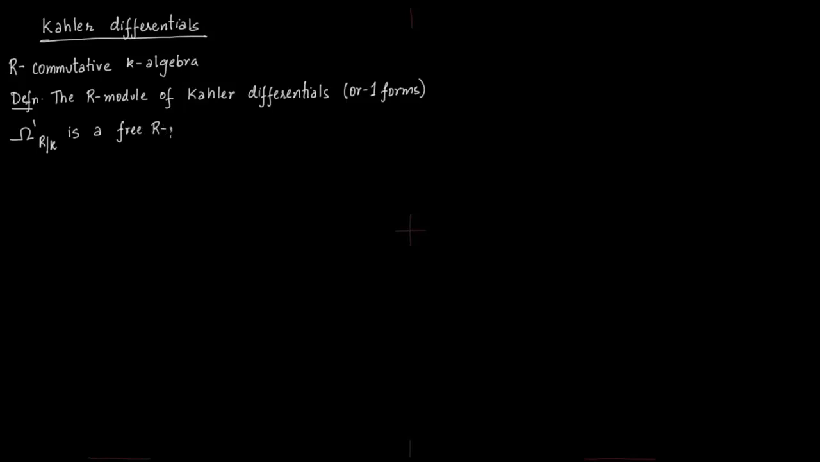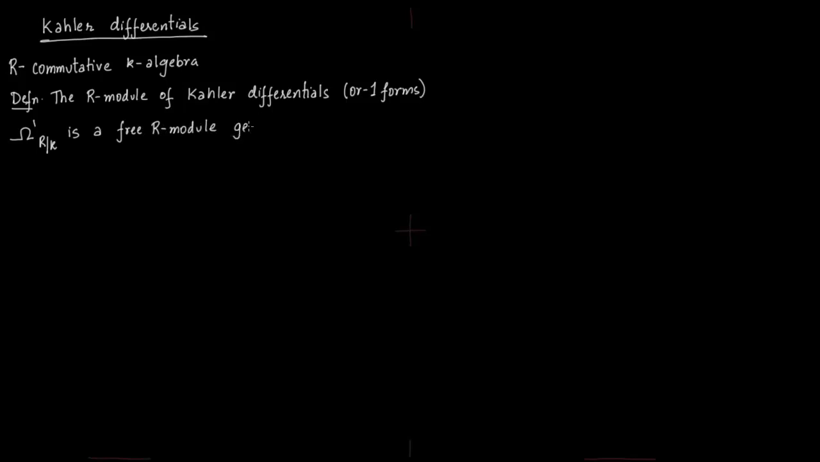Then the definition. The R-module of Kähler differentials or one forms. So we write this as capital Omega with the superscript 1, R over K, is the free R-module